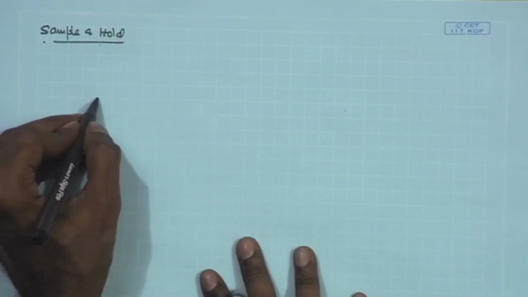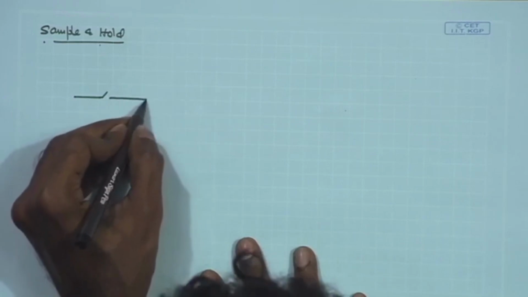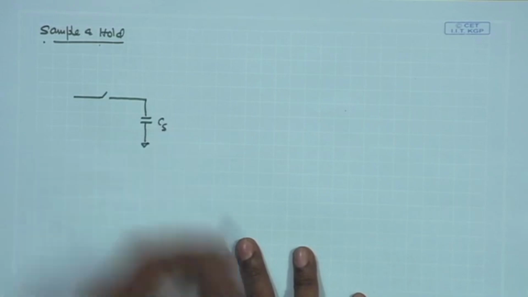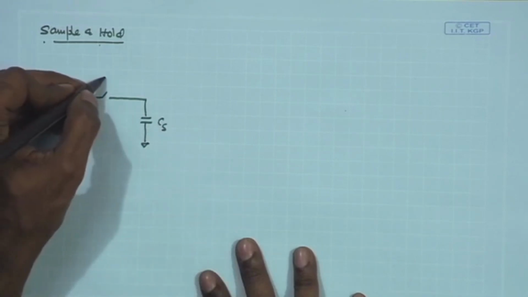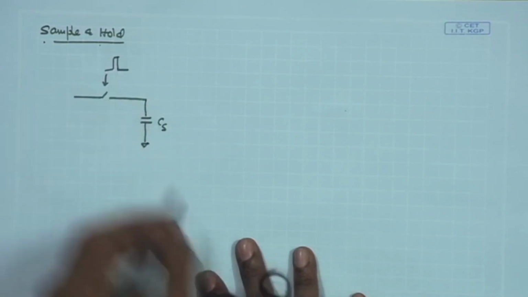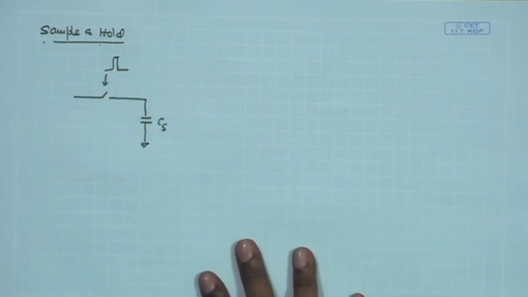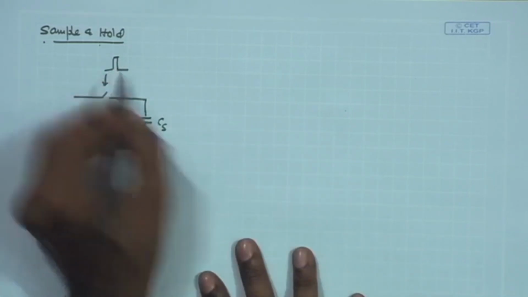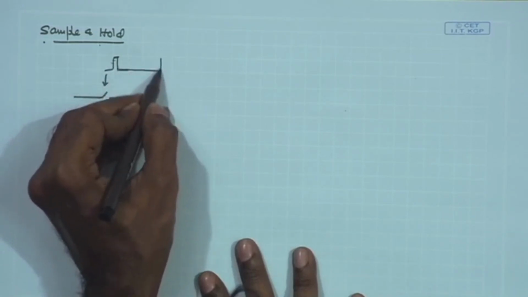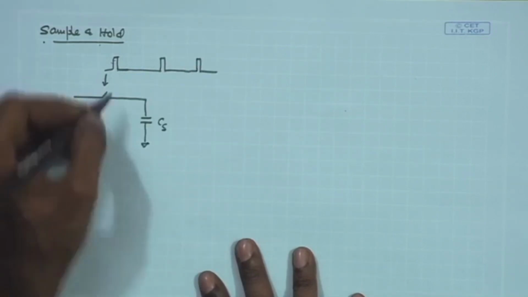So, the simplest sample and hold unit can be seen as a switch in series with a capacitance. We can call it the sampling capacitance Cs, and we have the switch signal which is turning on periodically at the rate determined by the Nyquist rate. And if I assume that this on duration is sufficiently small as compared to the overall sampling period, we can